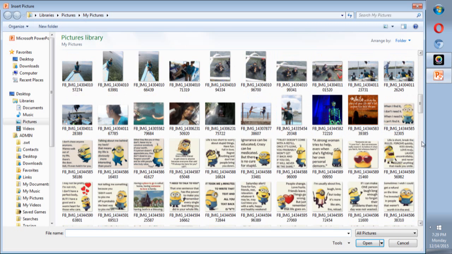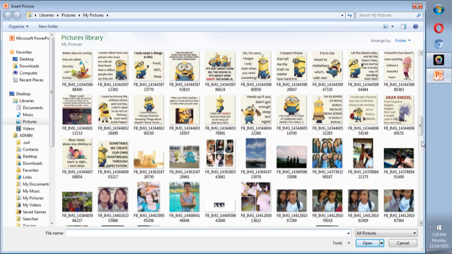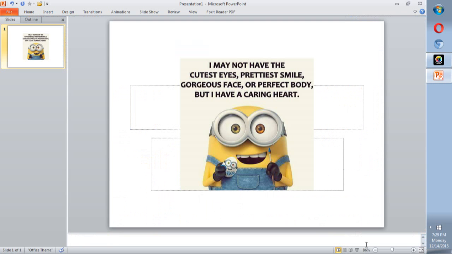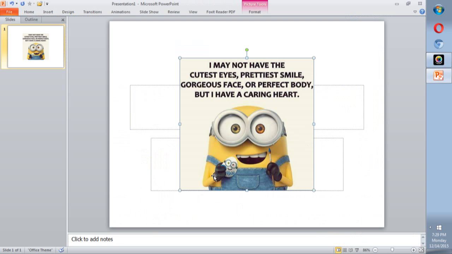Choose a good picture or the best one. Click the picture and click the Insert tab or button. Okay, there's the picture. Then make the picture unique.